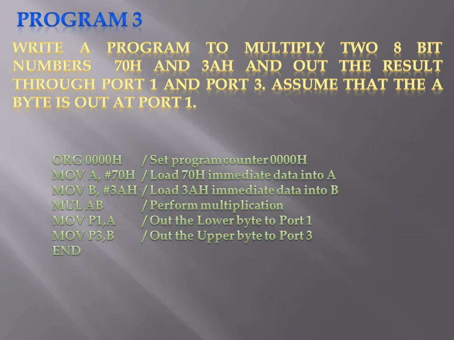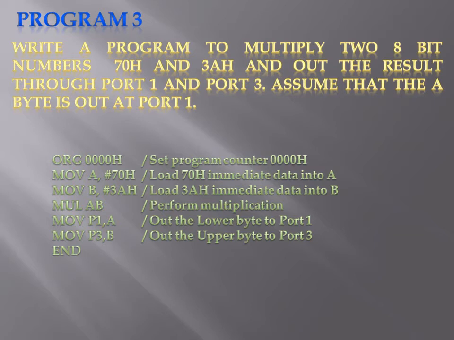more than FFH, then the contents will also be placed in the B register. The higher byte contents will go to the B register. So the A register will contain the lower byte of the result, and the B register will contain the higher byte of the result. Then to check this, to see where the multiplication result is and what its content is, we can